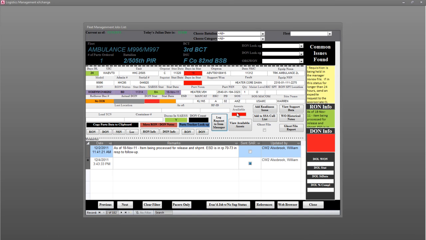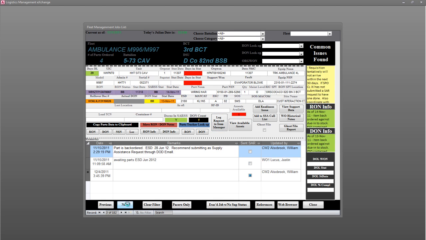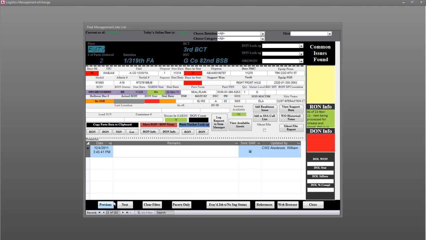Now likewise, we have this assets available. Now in this case it's 0. So I'm going to simply go through now. I came to a record where we have these seals on order. In this case there's 71 of them available somewhere on our post. So I'm going to click view available assets,